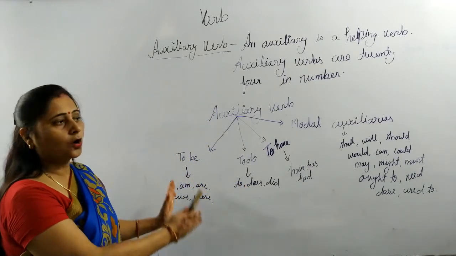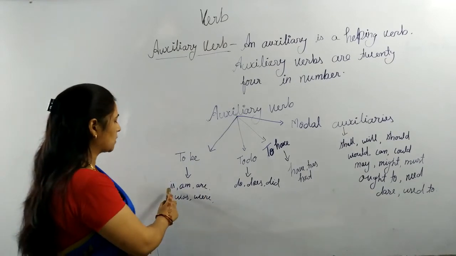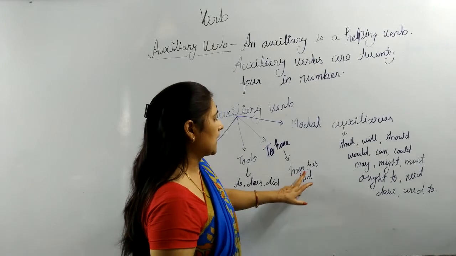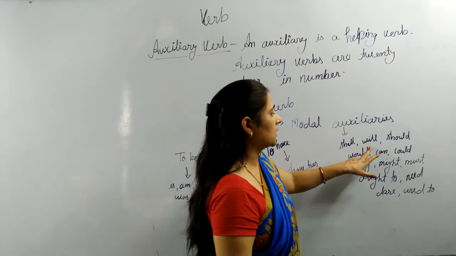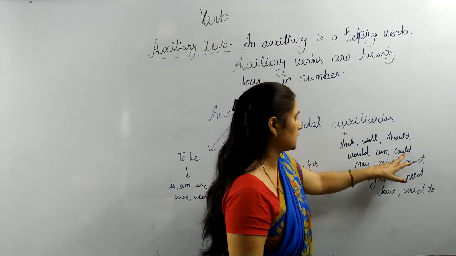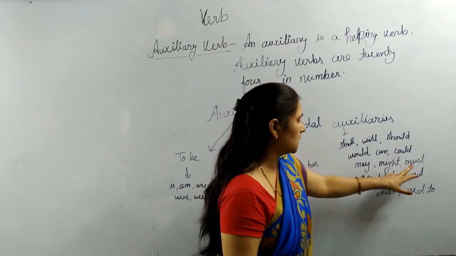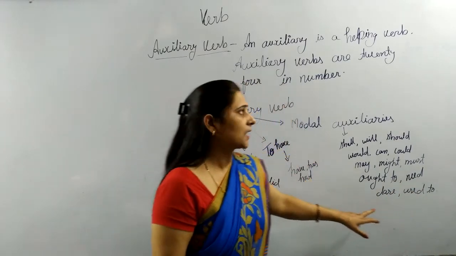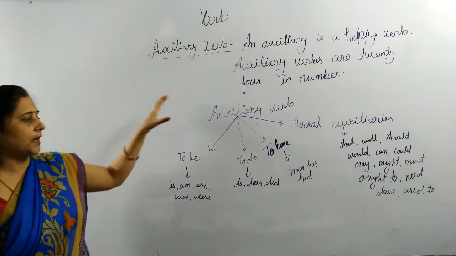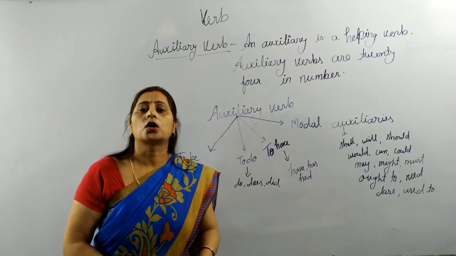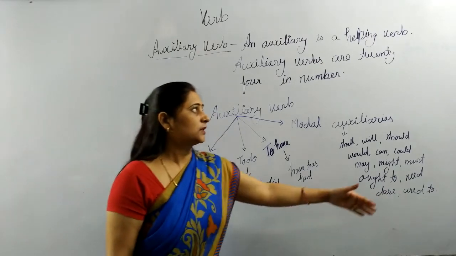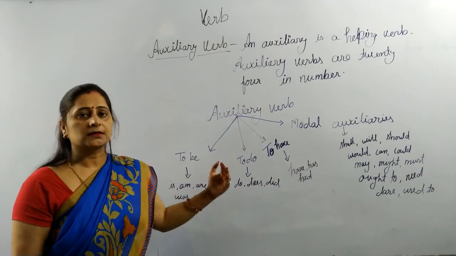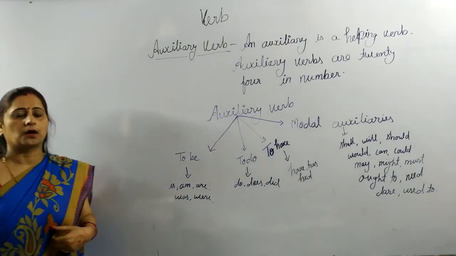So just count it. How? Just start counting: 1, 2, 3, 4, 5, 6, 7, 8, 9, 10, 11, 12, 13, 14, 15, 16, 17, 18, 19, 20, 21, 22, 23, 24. In that way, altogether there are 24 auxiliary verbs. So these are your auxiliary verbs. Now I am moving aside. You can take a screenshot or note it down.